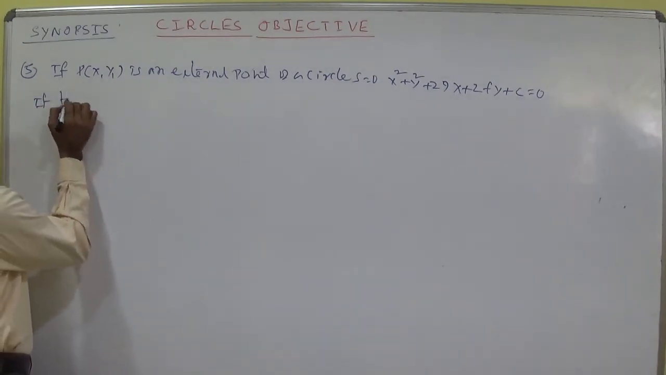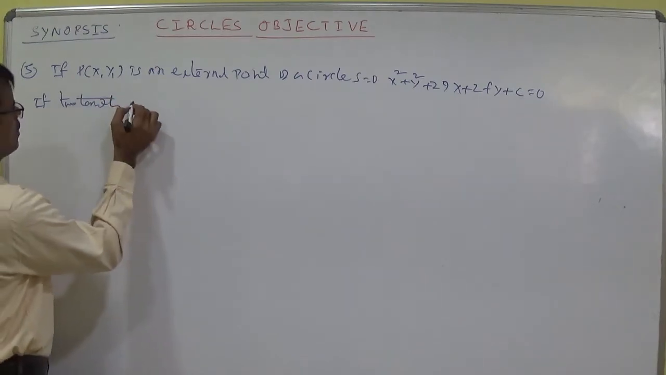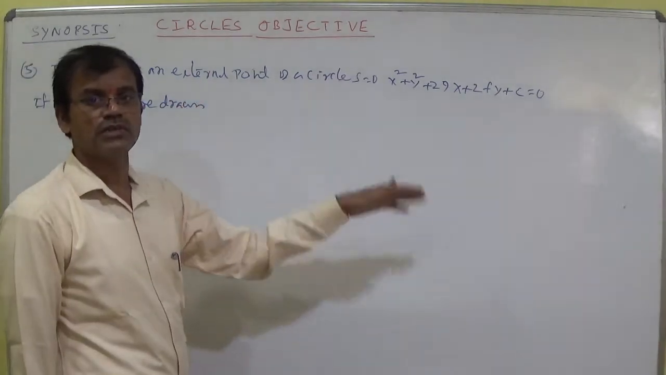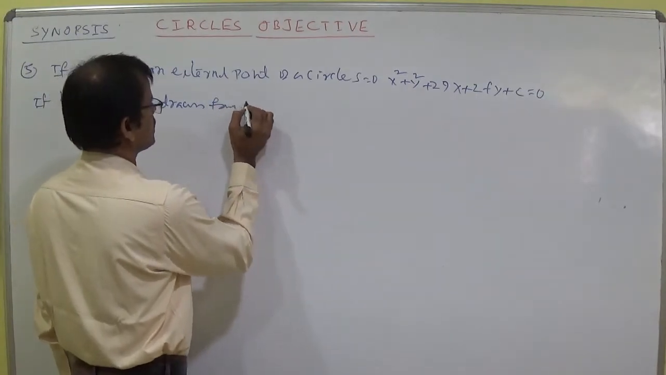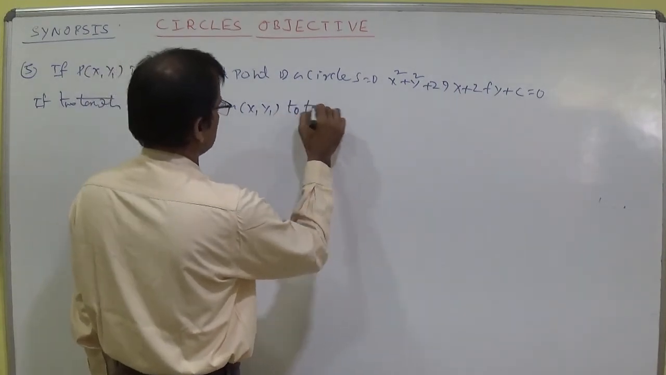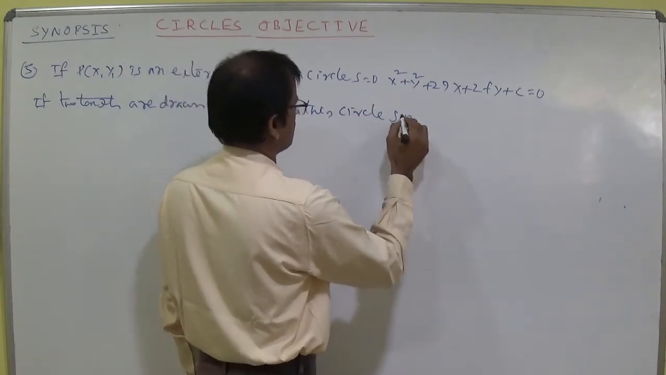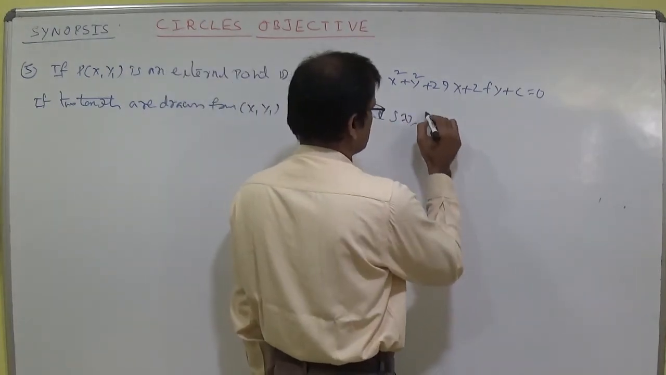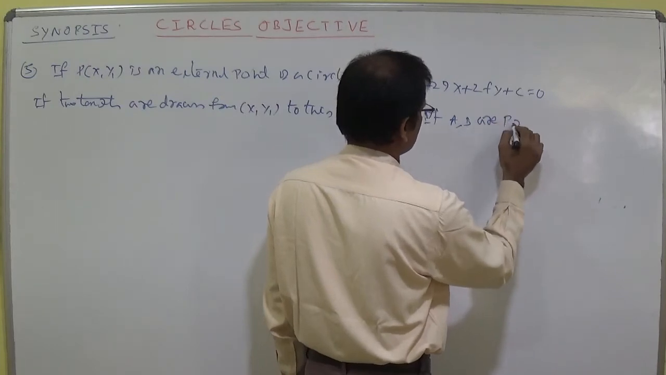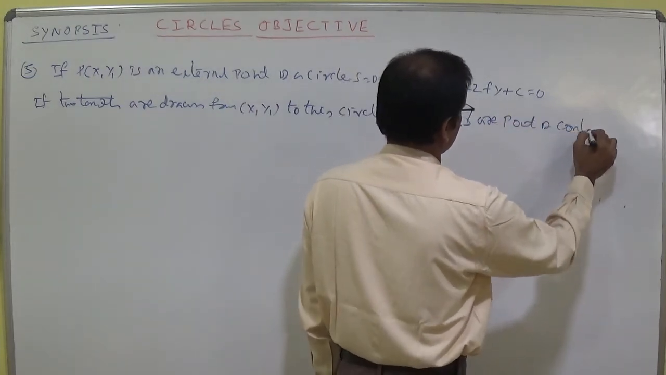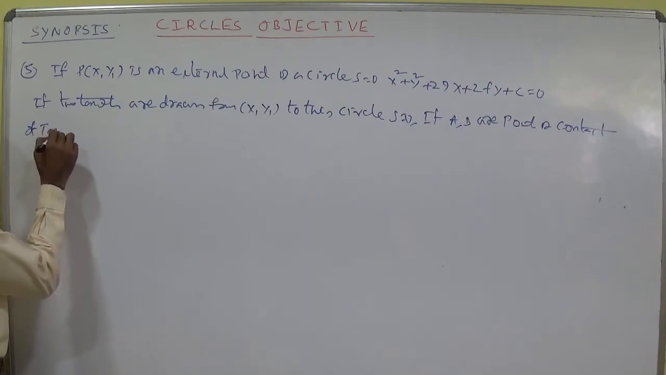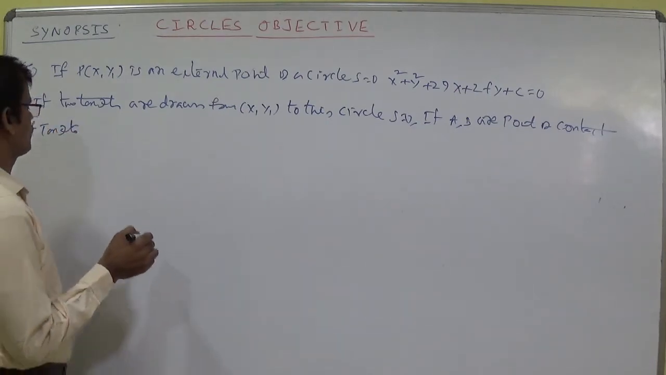If two tangents are drawn from an external point to this circle, two tangents are drawn from (x1, y1) to this circle S equal to 0, and if A and B are the points of contact of the tangents,